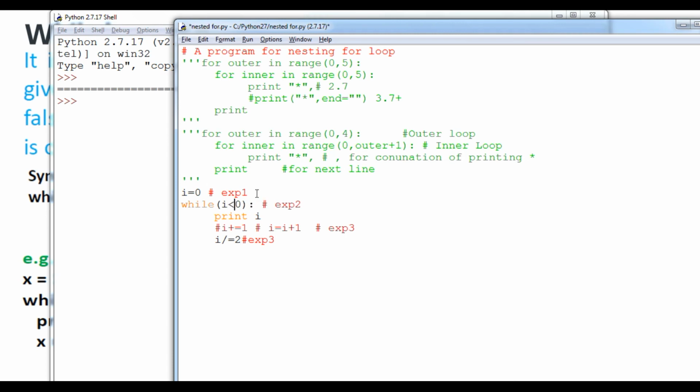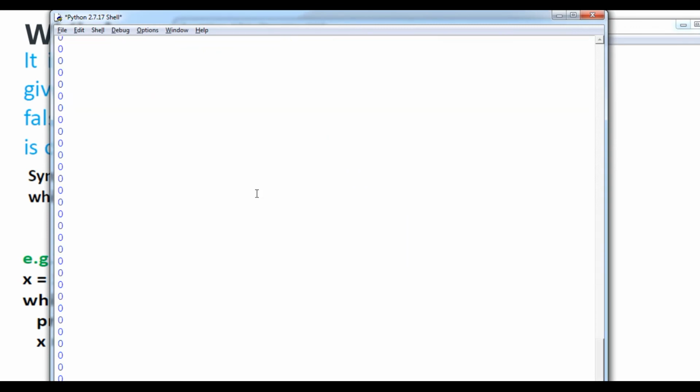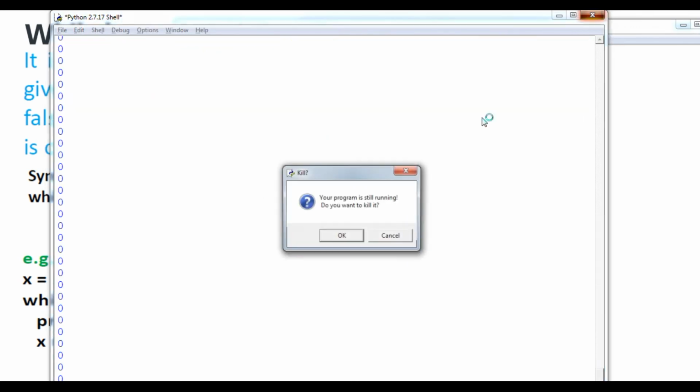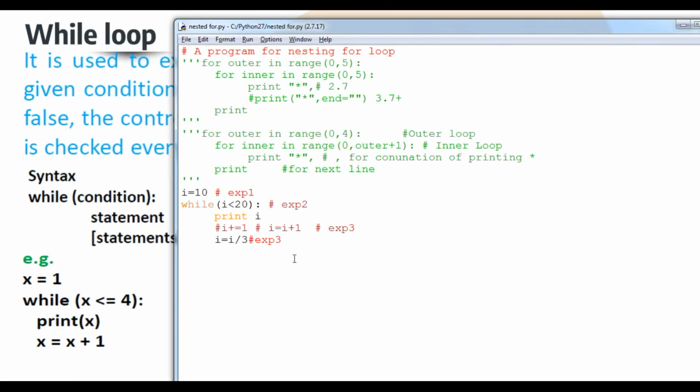If I say I is less than or equal to 10, and it will not be divided by this, we can say I equals I divided by, suppose, 3. The first time, 0 will be divided infinitely. So what I am going to do, student, here 10, here 20. Let's see what the output will be, again it will be 0 and 0 and 0. So this loop is going to run until infinite time, okay student.